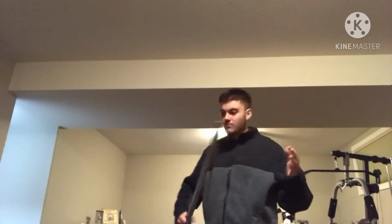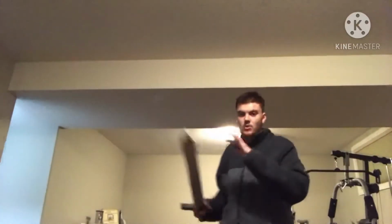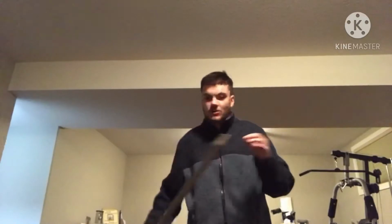Like you can imagine your hands just having a spike at the end. Like the tip is so sharp. Imagine throwing a jab or a punch with that, it would be too dangerous. And this thing